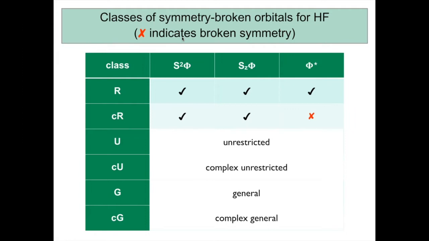This might sound funny, and it's relatively rare, but there are some molecules where this really happens, and I'll show you one later. So in that case, the energy goes down from the restricted solution, and yet you still have a good total spin and a good SZ spin. Then the symmetry breaking that is most familiar to users of quantum chemistry software is spin polarization, or the use of unrestricted orbitals, where we allow the alpha orbitals to be different than the beta orbitals, and so that's the 3rd row. And unrestricted and complex unrestricted, which is a relatively rare case, now break total spin symmetry,